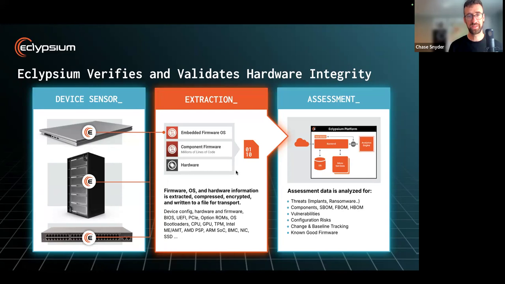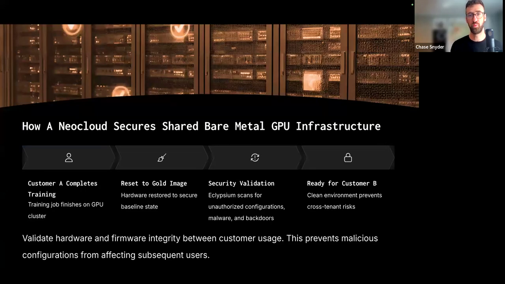So that's a great tee up for telling the story of how one of our actual customers is using us. And this is a very simplified timeline of it. But the fundamental risk that they sensed was that as they were very rapidly turning over bare metal GPU infrastructure between customers who were doing model training, more likely model training than inference, but it could really be either one, they realized that if it takes them a long time to take control back of that hardware and restore it to a golden state, that's time that they're not making money